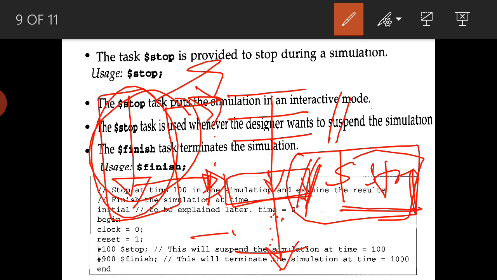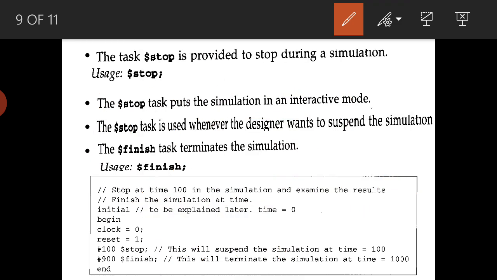Suppose if I want to see at this point again dollar stop, then we can comment this and again run, it will stop here. So basically it is in-between states. Suppose for one application I need 1000 nanoseconds for complete execution. I can see at 500 what the results are, I can see at 700 nanoseconds, I want to know what the intermediate value is. In that case we can use the dollar stop.